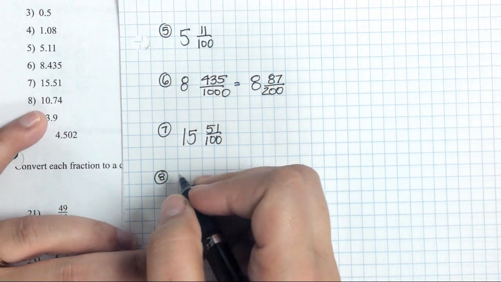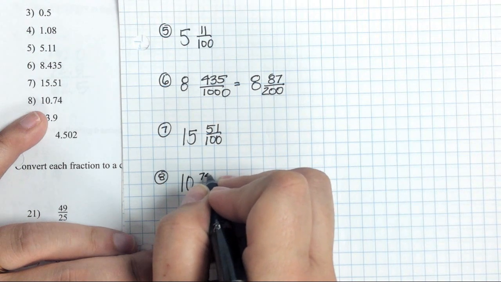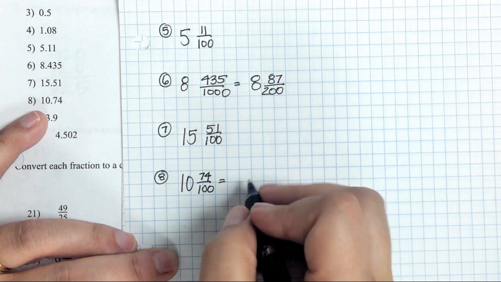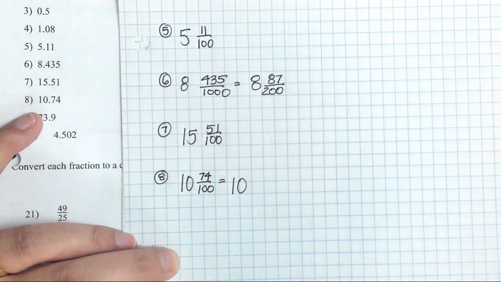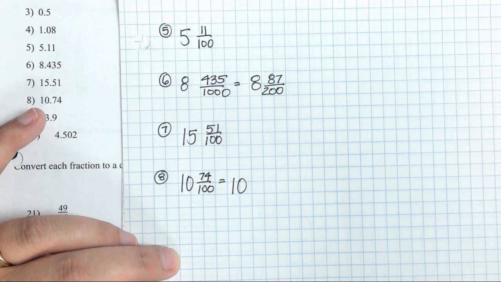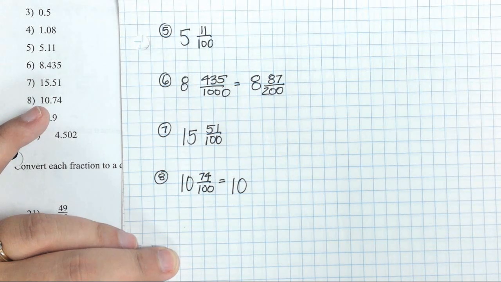All right, number 8. Aaliyah, read that one. 10 and 74. You got it. Can we simplify? I agree. So I'll leave my whole number the same. What number can go into both 74 and 100? Ian? 2. I agree. How many times will 2 go into 74? 35. 2 times 7 gives me what? 14. So it's